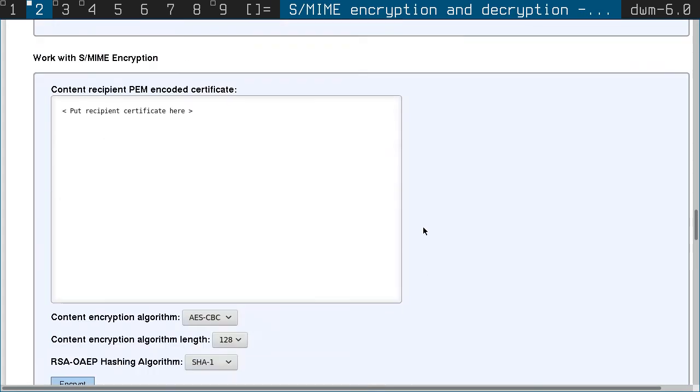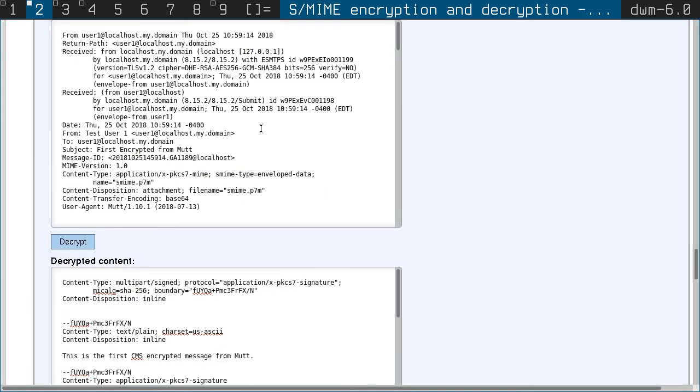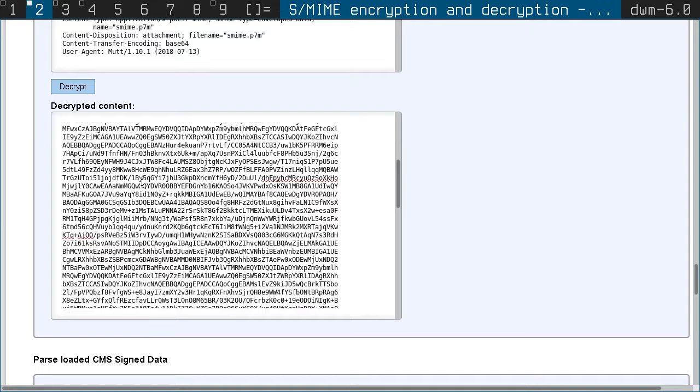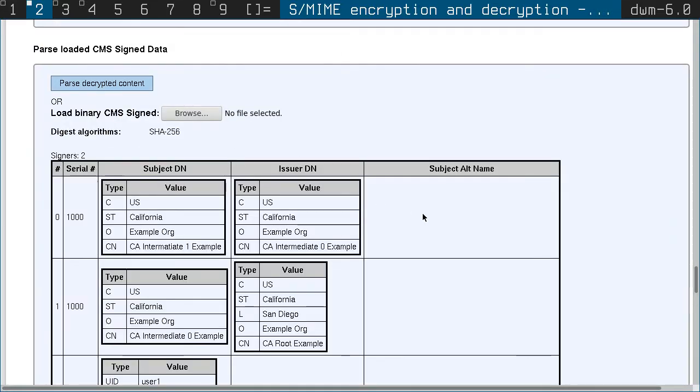So the way this whole thing works is if it detects that it's multi-part signed like this, it'll check to see if any of the lines have a carriage return on the end in the content, not in this part, but in the content. So not in this part, but actually in this part even. If it doesn't detect any, then it adds them in to make it standard compliant for email. And OpenSSL does that too, and I think it's the right call. It doesn't do anything like that for opaque signed or non-detached signatures, but it will do it if it detects detached. So now we parse it, we get all the certificate information,